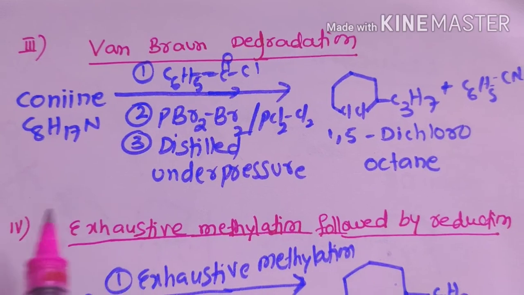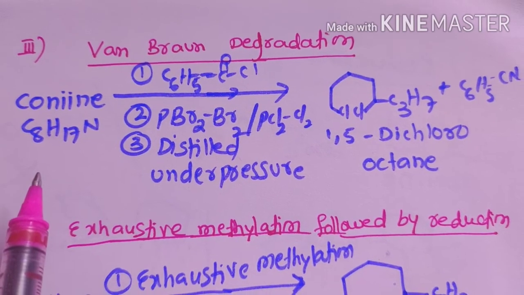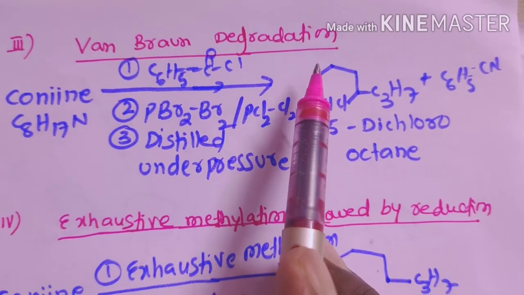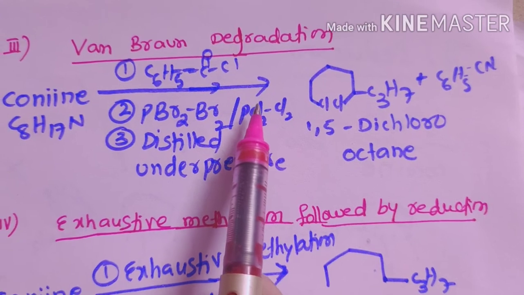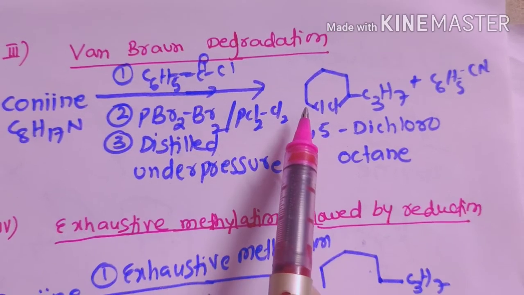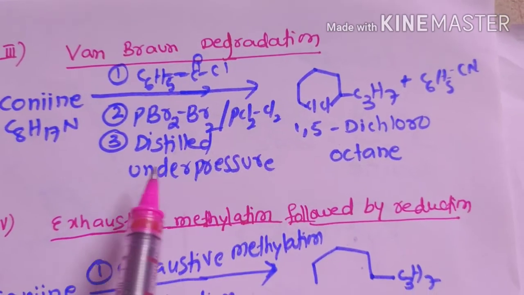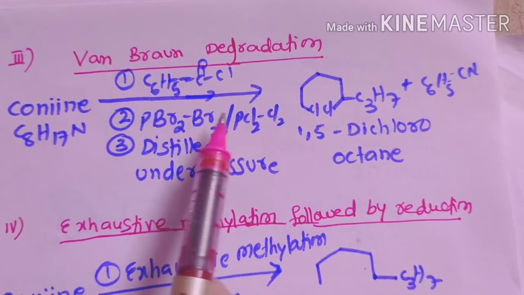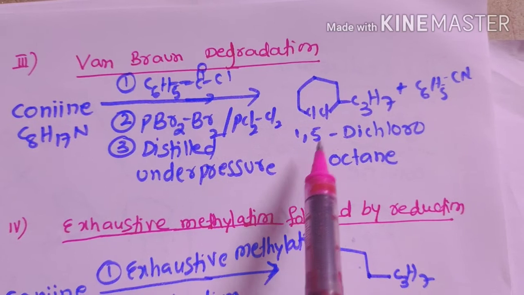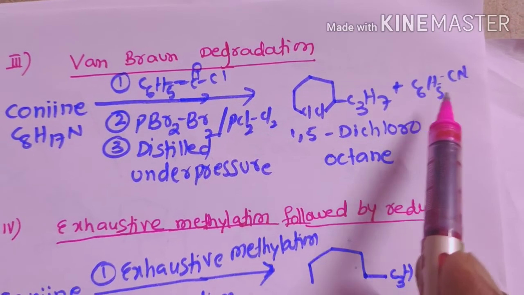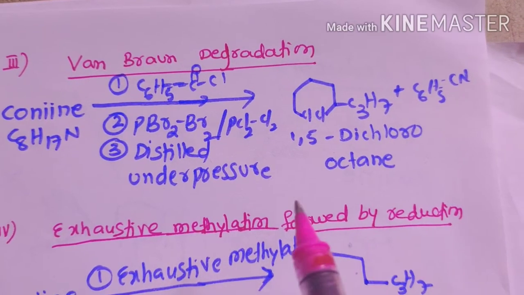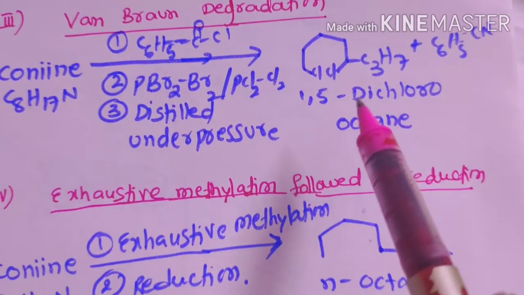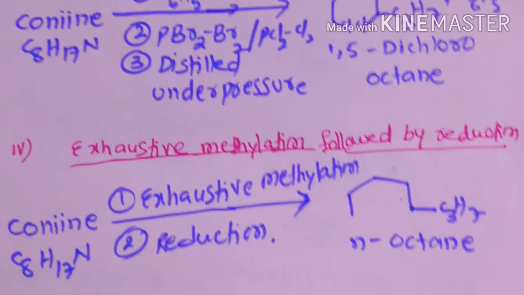In von Braun degradation, conine is subjected to benzoylation with benzoyl chloride, and then it is treated with phosphorus pentachloride and chlorine gas, and then distilled under pressure. So this von Braun degradation gives us 1,5-dichlorooctane and benzyl cyanide. This also confirms that conine contains structure 1, and structure 1 is also supported by